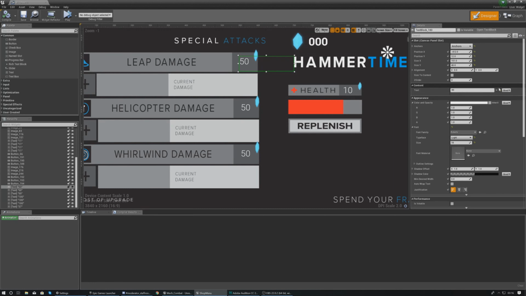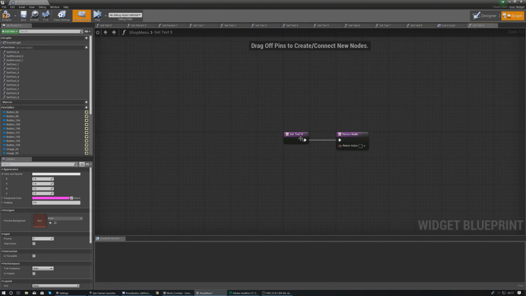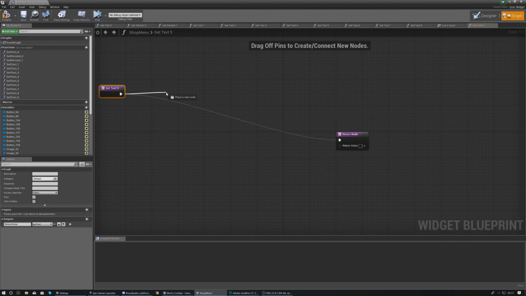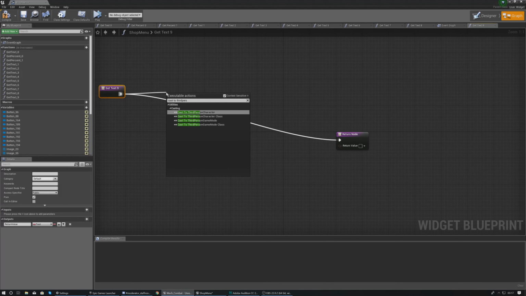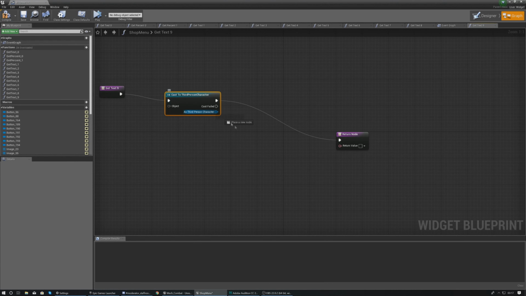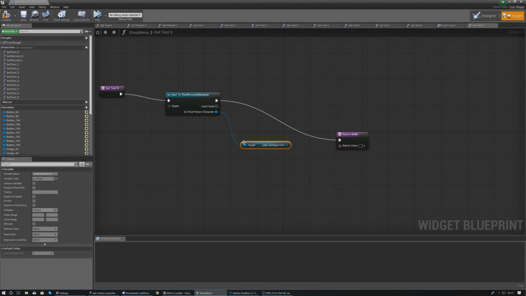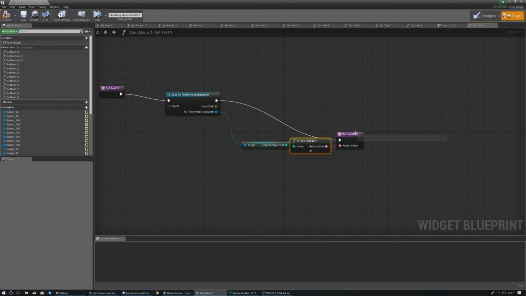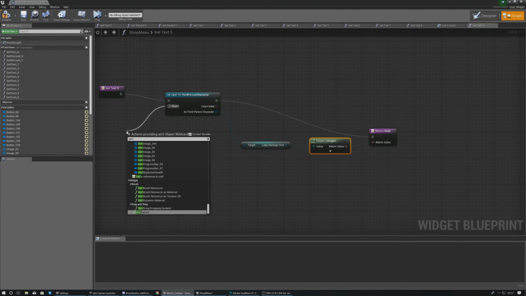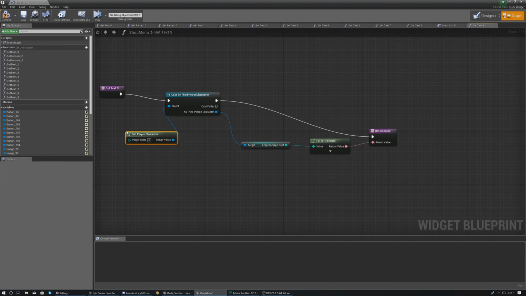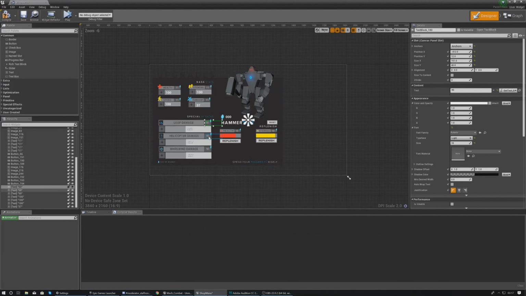So with our leap damage, what we're going to do is create a text content binding, and inside of here, we're going to simply cast to third person character. Inside of third person character, we are going to get leap damage cost. And then we're going to hook this up into the return value. Object wildcard is going to be get player character. And what we're going to do with all of this code is just copy it, because we can reuse that